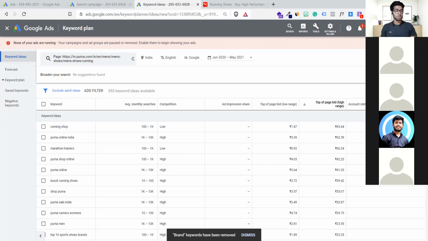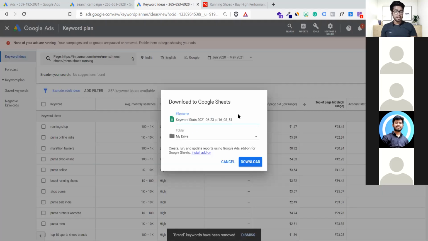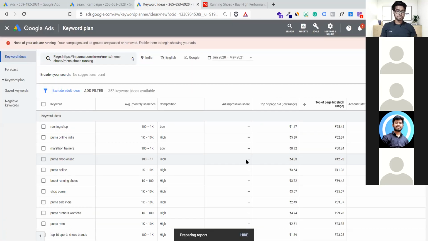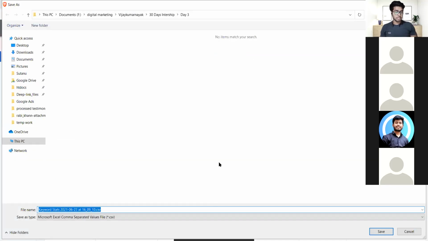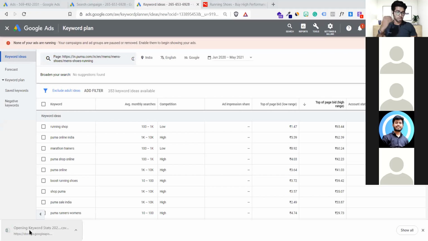The moment you click as a Google Sheet, it will give me a Google Sheet ID. And now if I click here, I think it's pretty much done, and it will give me a pop-up that the Google Sheet is done. So I have to check my drive in order to check the Google Sheet, or else you can of course download as CSV. Sometimes people find difficulty to sort things here in Google console, because it's not that easy, it sometimes looks messy. That's why people love to download the data first, then they do the activity. So let me show you how it looks.